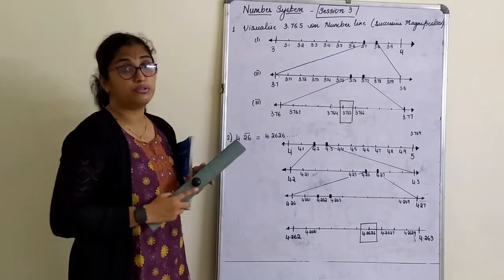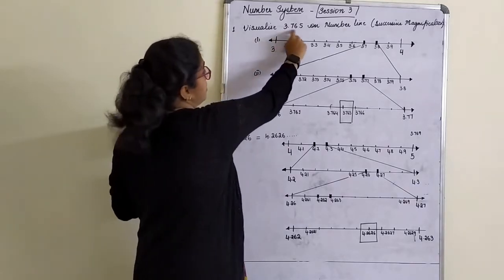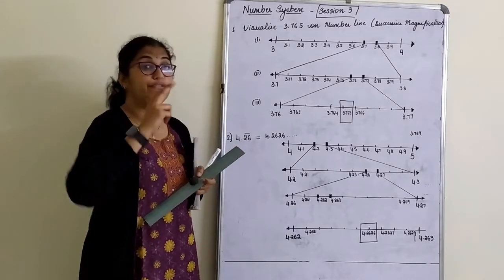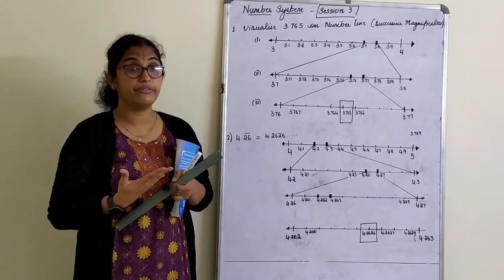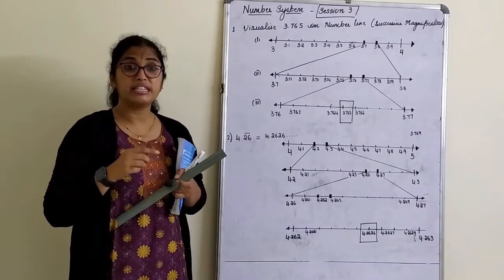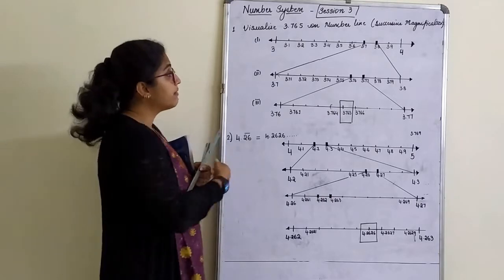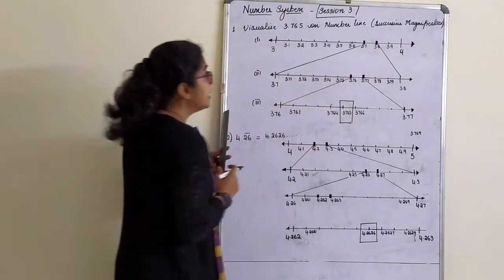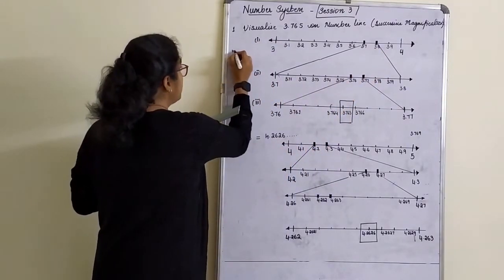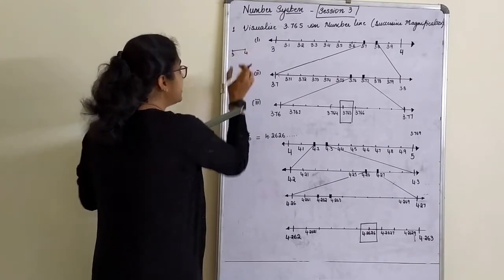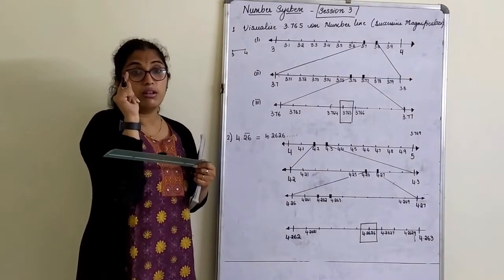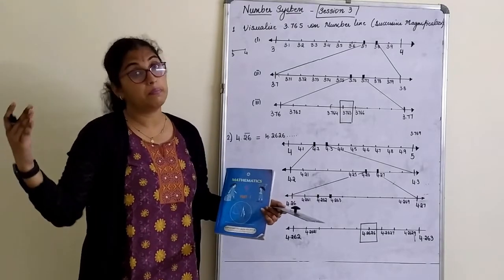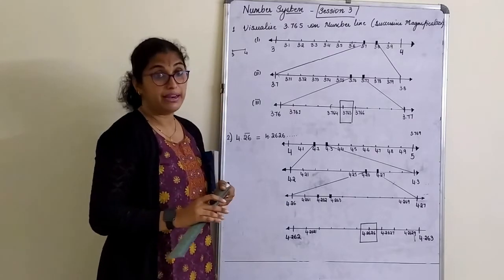For that, whatever number is given, here 3.765 is the number given. Understand between which two natural numbers this number will lie. 3.765 lies between 3 and 4. Right? So as a first step, we will draw a number line from 3 to 4. I just can't draw it in a scale. This is 3 and this is 4. In 1 centimeter I can't show the small decimals. Magnification means those subdivisions I have to show in a big way, in a successive magnification manner.